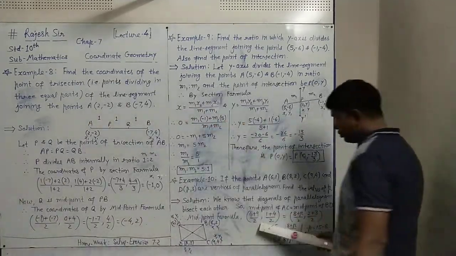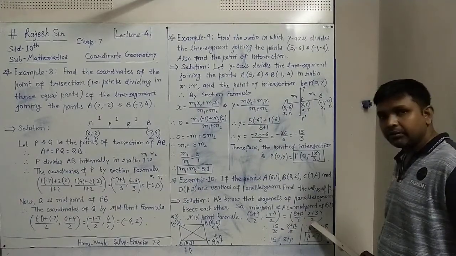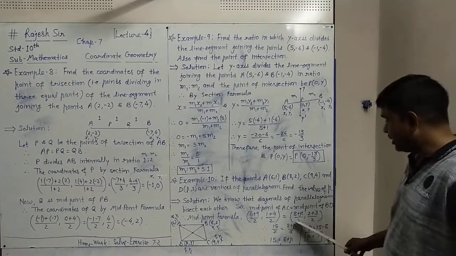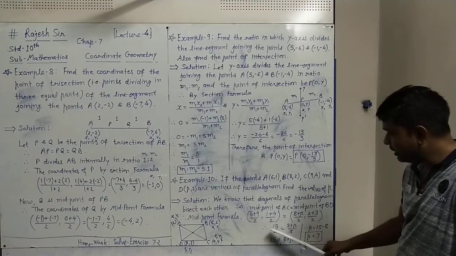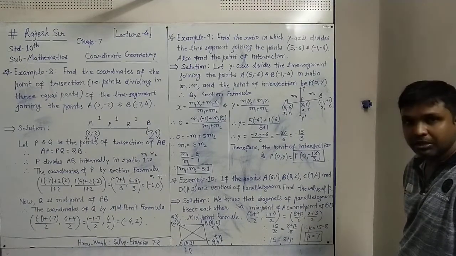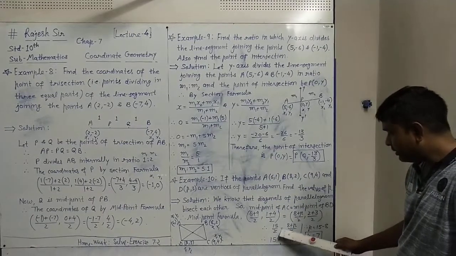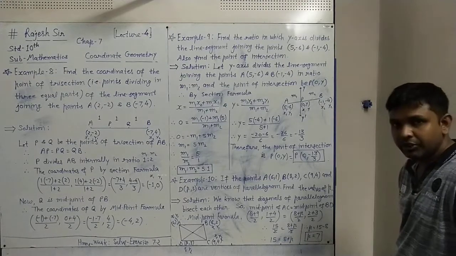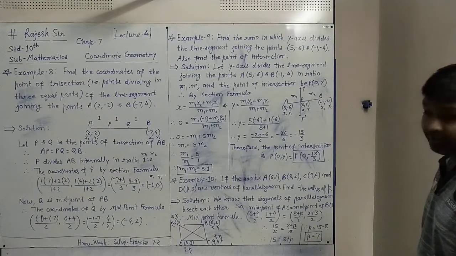Now, if these 2 points are equal, their x coordinates are equal and y coordinates are equal. We are just concentrating on the x coordinate because our p is in the x coordinate. So here the x coordinate is 6 plus 9 upon 2, which is 15 upon 2, equal to the x coordinate of this part, 8 plus p upon 2. Both sides cancel the 2. Here we have 15 equals 8 plus p. So what is p equal to? This plus 8 goes to the other side as subtraction: 15 minus 8 gives p equal to 7.